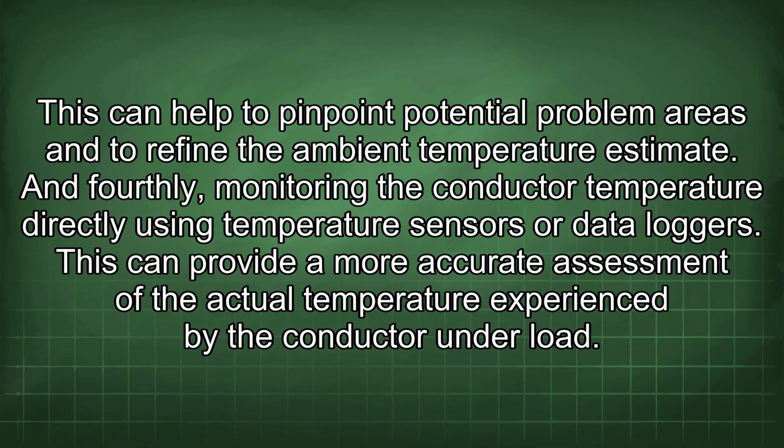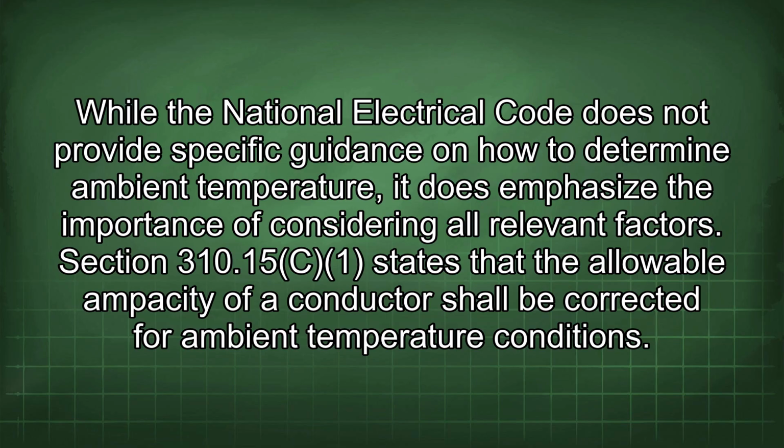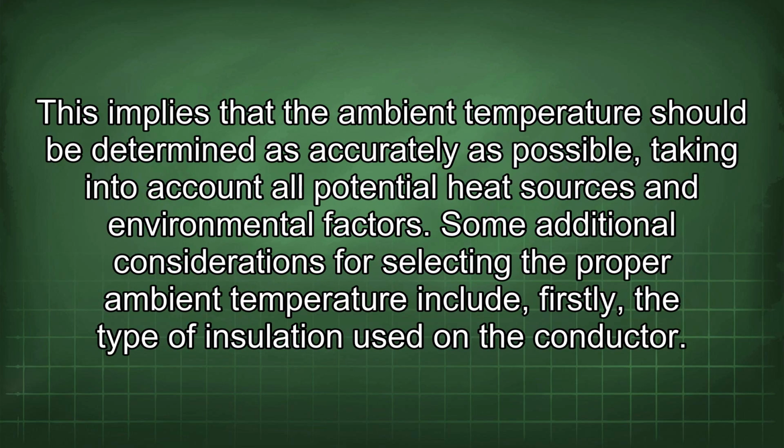And fourthly, monitoring the conductor temperature directly using temperature sensors or data loggers. This can provide a more accurate assessment of the actual temperature experienced by the conductor under load. While the National Electrical Code does not provide specific guidance on how to determine ambient temperature, it does emphasize the importance of considering all relevant factors. Section 310.15 currently states that the allowable ampacity of a conductor shall be corrected for ambient temperature conditions. This implies that the ambient temperature should be determined as accurately as possible, taking into account all potential heat sources